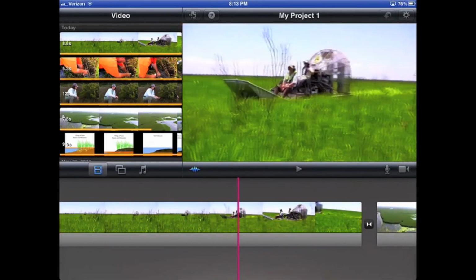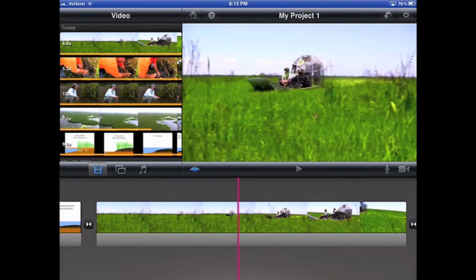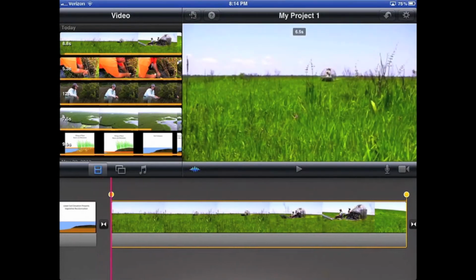Okay, let's say that you would like to trim a clip. You want to shorten it, for example, or cut out a section of it. You just touch the clip with your finger until you see a yellow outline around it, and you'll also notice that there are these little handles at the end of the clip. What you want to do is touch whichever handle at the end of the clip that you want to trim and move